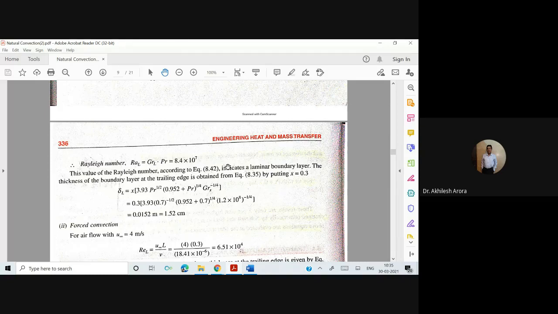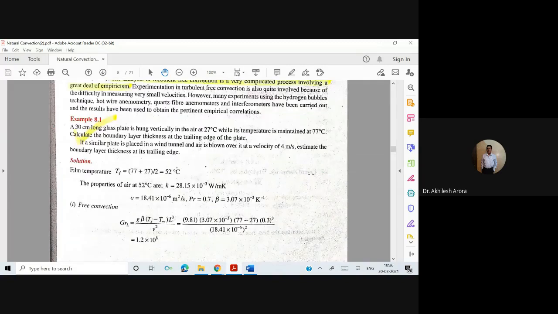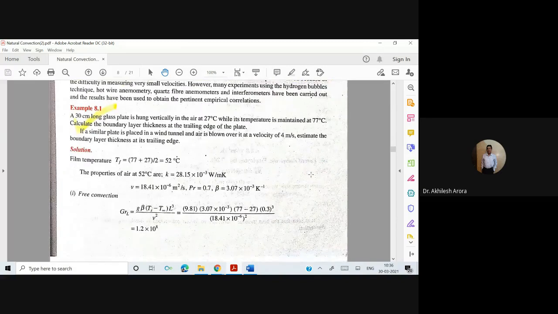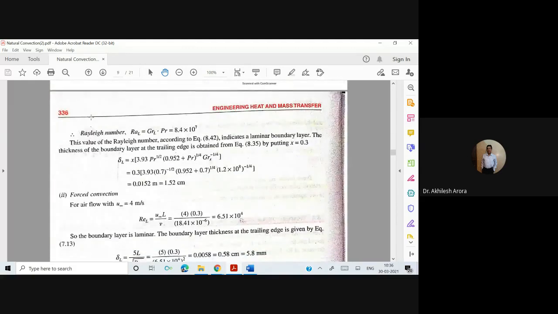The thickness of the boundary layer at the trailing edge is obtained from this equation by putting x equal to 0.3. x is equal to 0.3 because this is the length of the plate, which is given in the numerical problem. So we want the value of delta at x equal to 30 centimeter. This is the same equation which we discussed. You can say it is delta x or delta L because in this particular case x and L are the same. So this equation has been utilized and the value of delta comes out to be